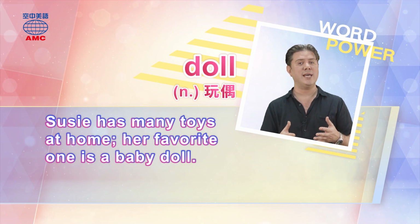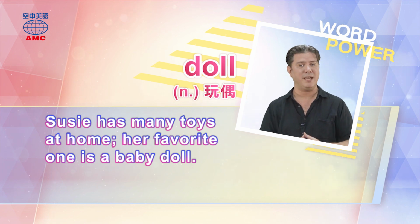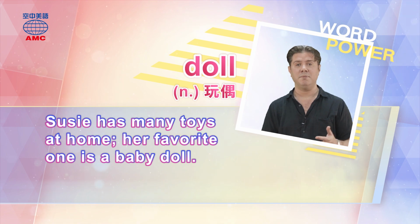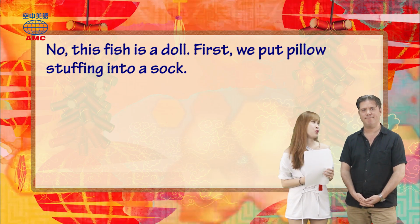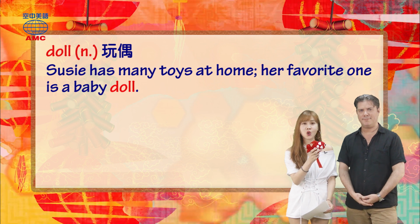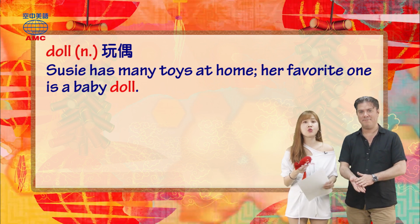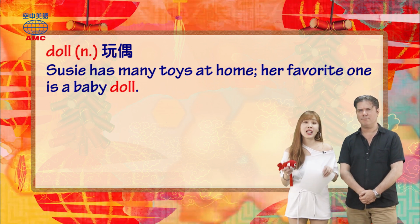For example, Susie has many toys at home. Her favorite one is a baby doll. 当然呢，这个 Sally 就说，这个鱼不是来吃的那种鱼，因为这个鱼是个doll，ta da，玩偶就是 doll 的意思啦。所以刚刚例句我们提到是 Susie 家里有很多玩具，她最喜欢的是个婴儿娃娃。